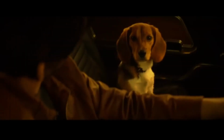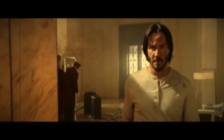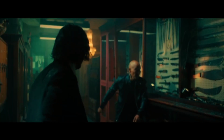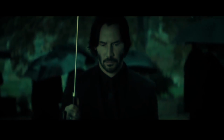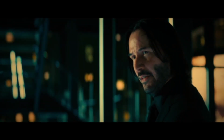So, in all reality, I'm relatively new to the John Wick franchise. I only recently watched chapters 1, 2, and 3 maybe 2 months ago. And let me tell you, I loved the first two. I liked the third one, wasn't crazy about it. It just felt long. I know this newest one was longer, but I could feel the runtime in chapter 3